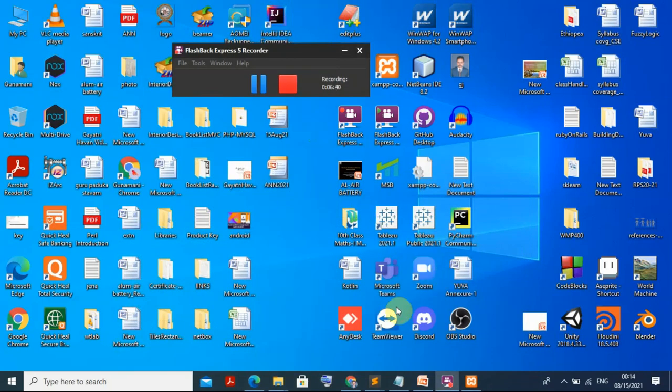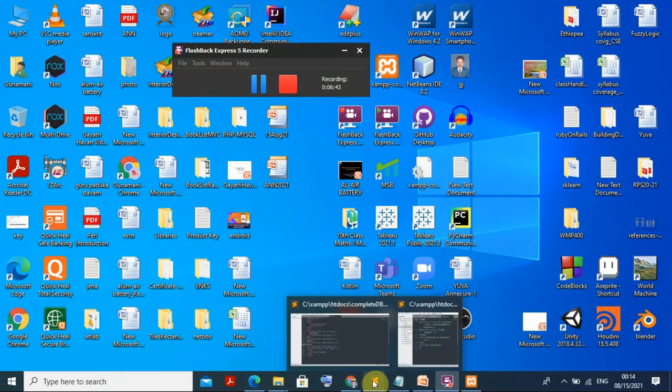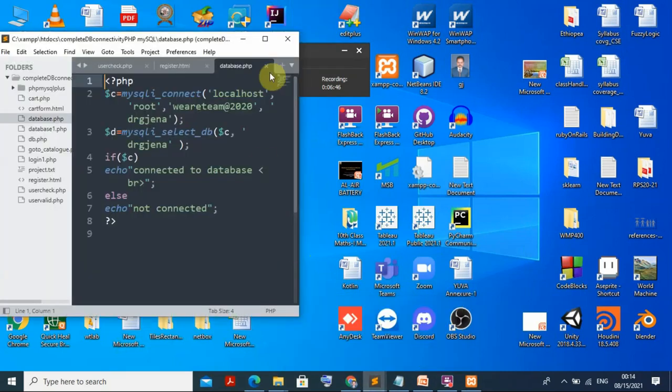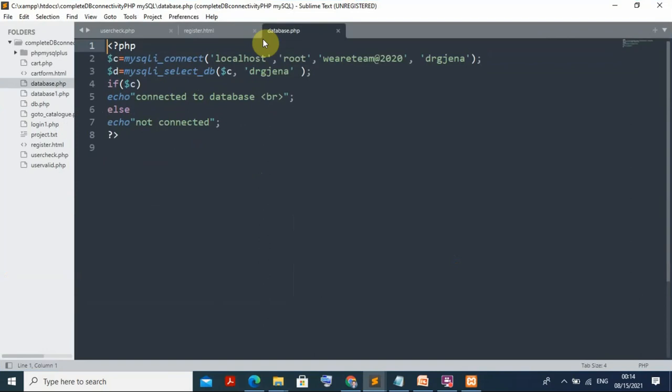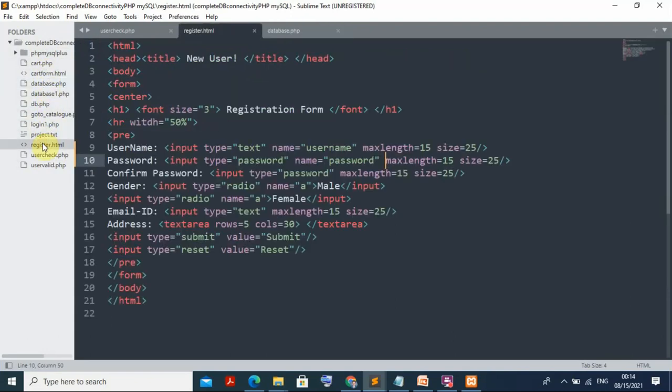Then immediately what you need to do, you have to create some other pages for that. What I told you, first of all, we need to go for the complete database connectivity I have given here. The first thing I told you is to go to the login page, register.html. In this register.html, just to create a register page, you find it here, it is purely an HTML page. Up to this it is the same, and here I am writing username, input type is equal to text and name is equal to username. Maximum length is 15, size is equal to, all the things I have already defined here.